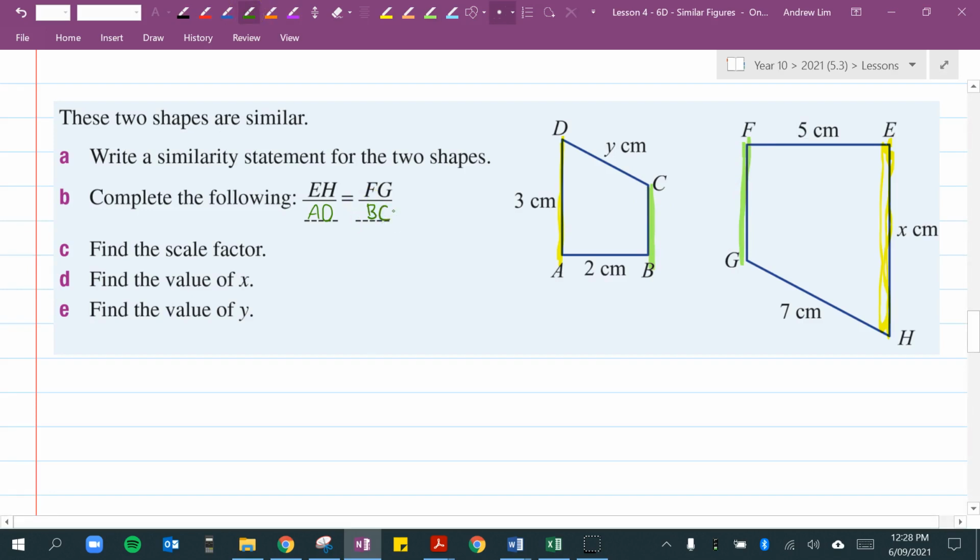Alright, let's find the scale factor. Oh, I didn't do question A. Write a similarity statement for the two shapes. So the similarity statement will be ABCD is similar to, now we started at A,